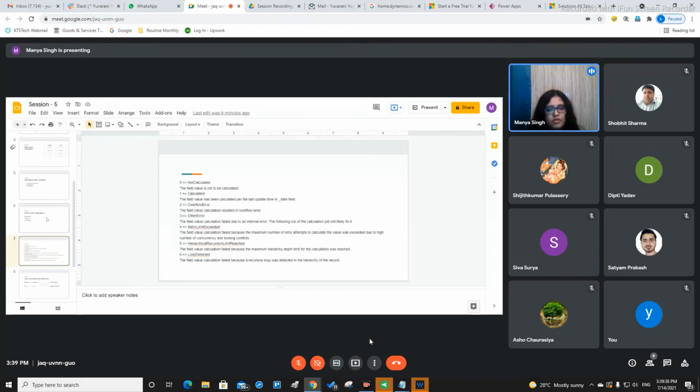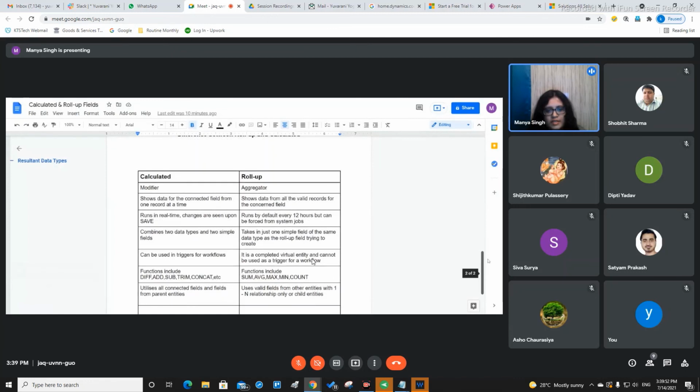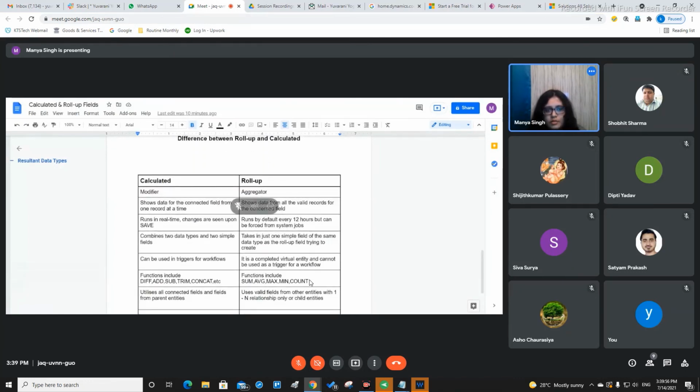Okay. So now you guys know what a rollup field is, the different functions which we are utilizing in a rollup field, and how we can resume it. Okay. So this was all about that. And here I have another tab for you guys. This is a basic difference between rollup and calculated, since a few people have some confusion between